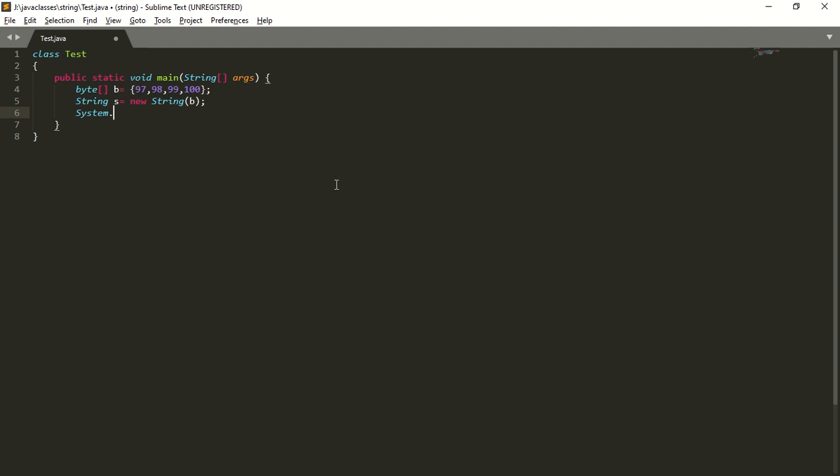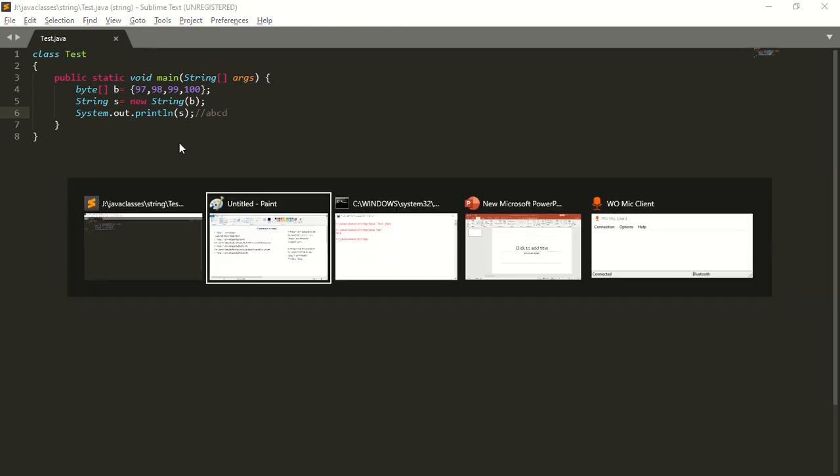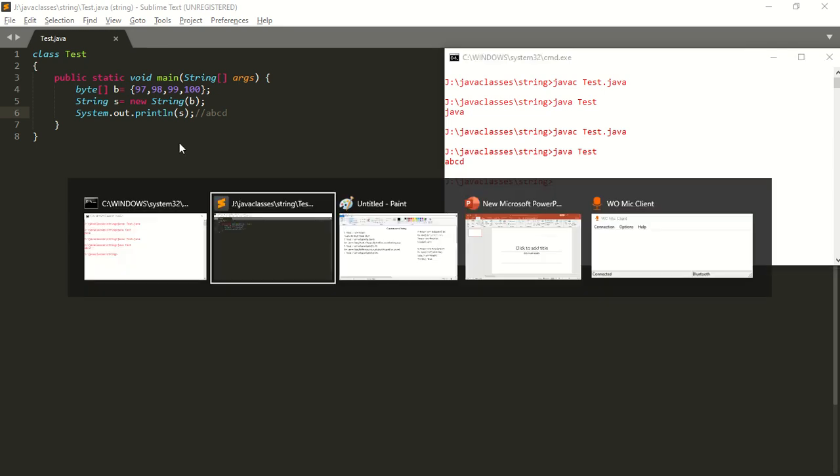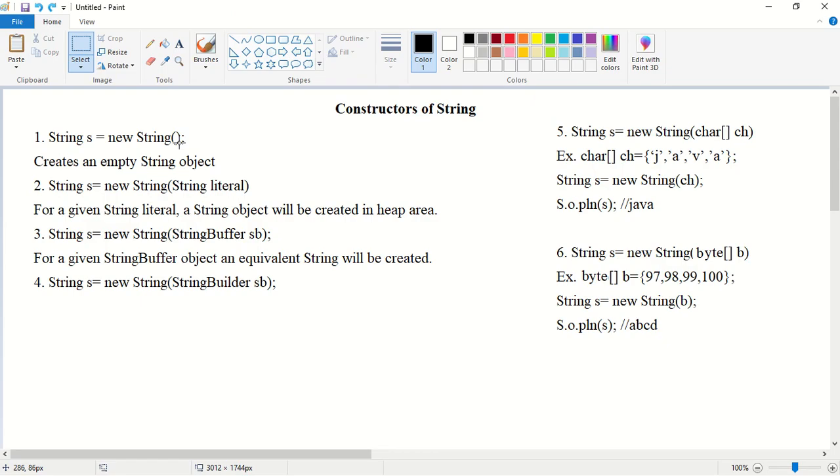Next, I will print this, System.out.println of s. So now what will be the output? The output will be a, b, c, d. The given byte array will be converted into an equivalent string. Save this, compile, run the program. So the output is a, b, c, d. Okay. So these are the important constructors with respect to the String class.